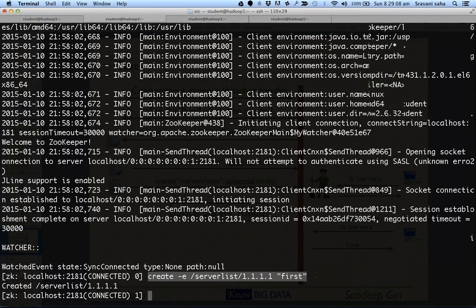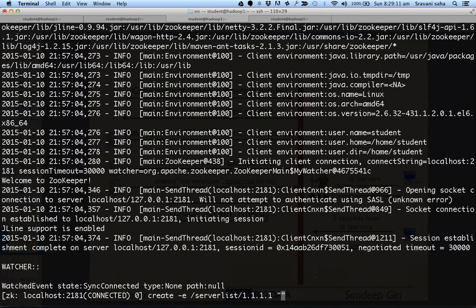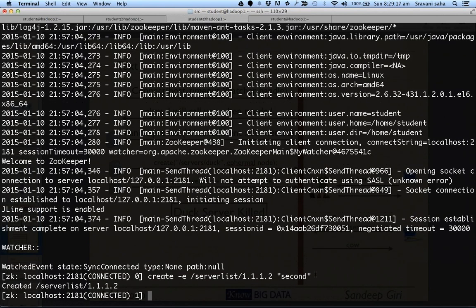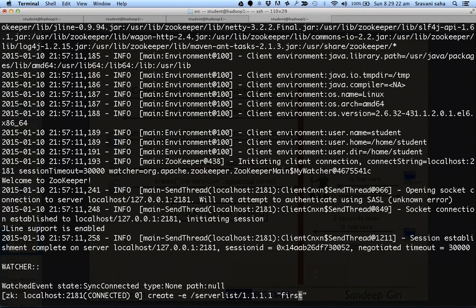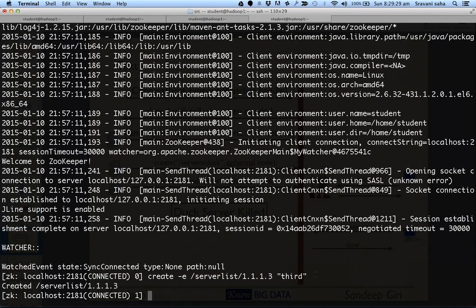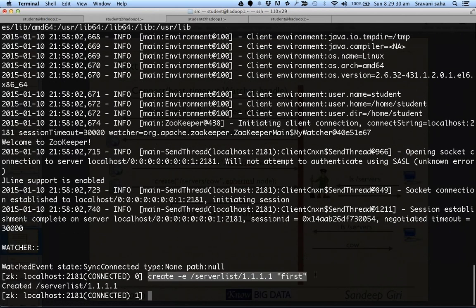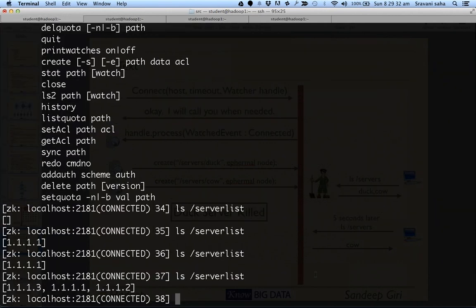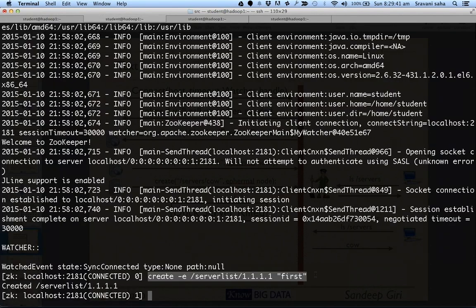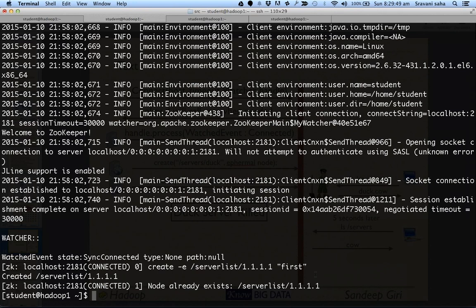Similarly, the second one comes to life and says I am second. Then the third one comes alive and says I am third. Now you can see that we just created three servers. Now the client will see that there are three servers available, and now the moment the first one disconnects,